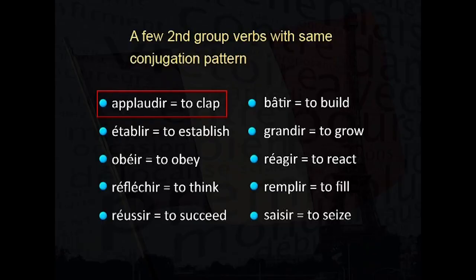Before we proceed with the lesson, let me give you a list of second group verbs that have the same conjugation pattern as finir, accomplir and choisir. Applaudir means to clap, bâtir means to build, établir means to establish, grandir means to grow, obéir means to obey,